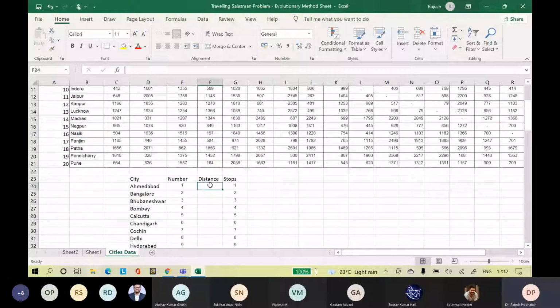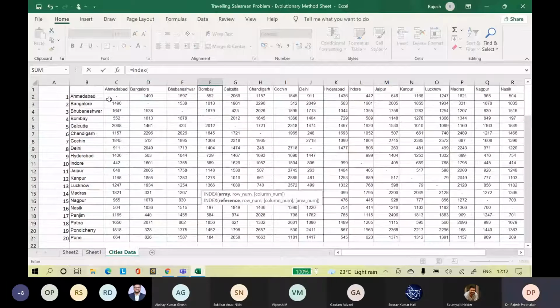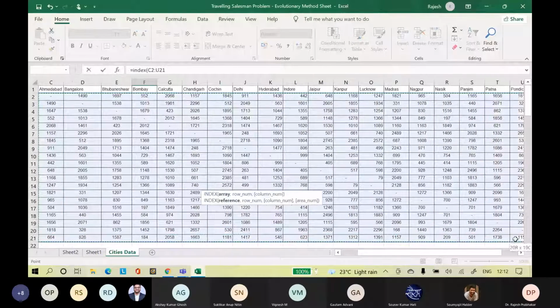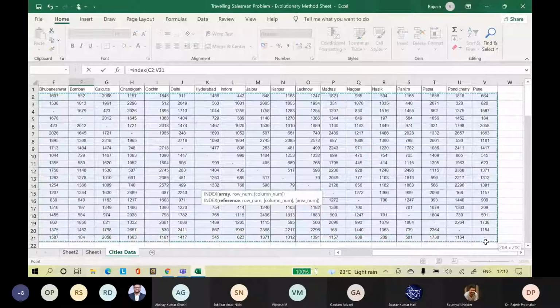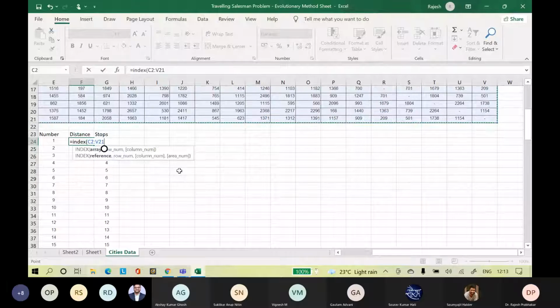Now we will do the distance index. Is equal to index, open bracket, the array, index array, fix it.